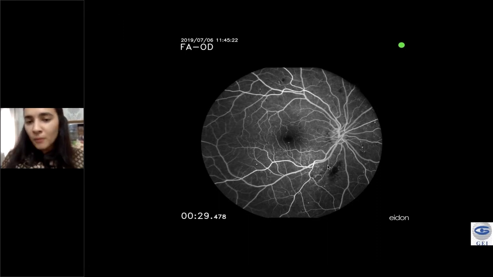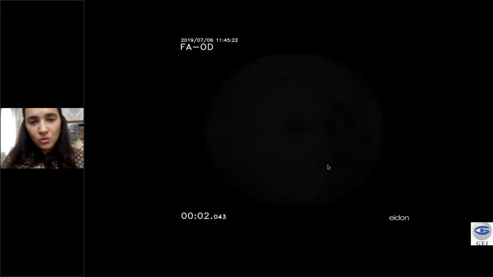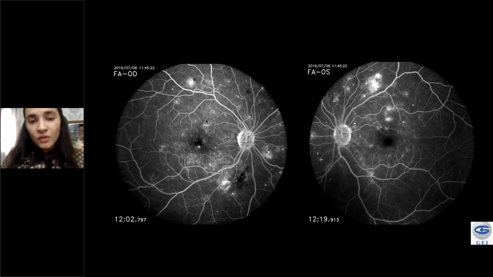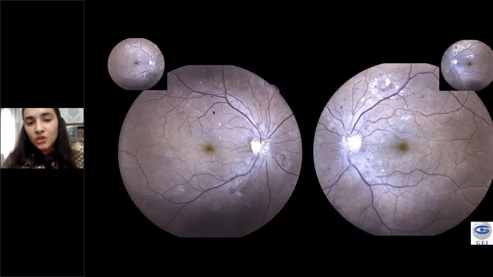Now, just based on this, you won't be able to plan your management. You need the late frame. As we move on to the next slide, you can see in the late frame all these pinpoint microaneurysms you were picking up early are becoming fuzzy, becoming leaky. If you do a scan through these areas, you're definitely going to get macular edema. So this can help you plan your management. You can identify these spots, and whichever spots are 300 or 500 microns away from the center, whatever you're following in your clinical practice, you can target and laser them. We did focal laser in this patient, with significant reduction in edema and resolution of hard exudates.